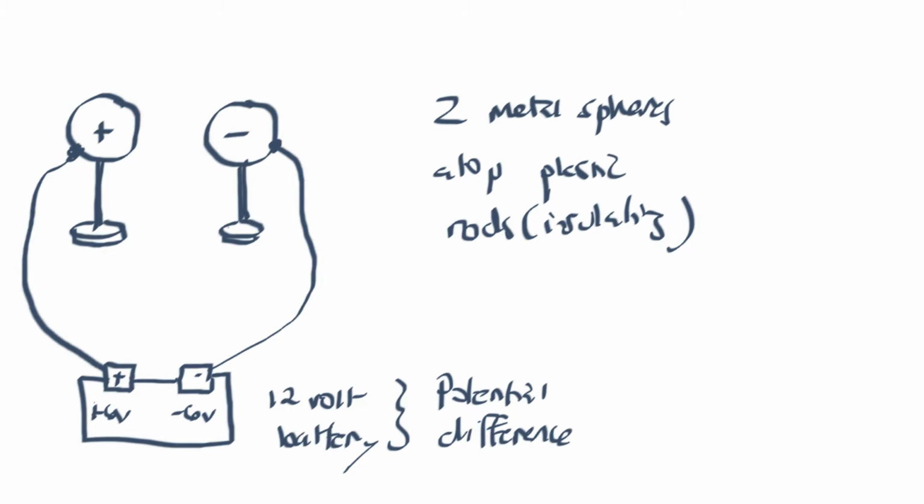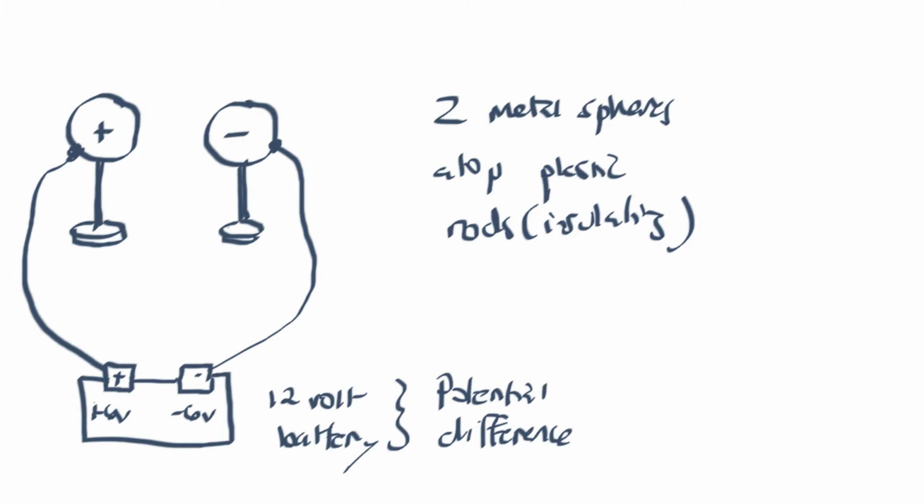Now he goes on to say, then everything remains in this state except for the leakage of electricity, which may take place little by little across the non-conducting body, the air, for example, which interrupts the circuit. For it appears that there are no bodies which are perfect insulators. So notice that these two spheres are separated by air, and although you'd hope that air would be perfectly insulating, it's not. And so what happens is the positive electricity leaks across the air into the negatively charged sphere, and likewise negative electricity leaks across the air over to the positively charged sphere, but it happens at a very slow rate.